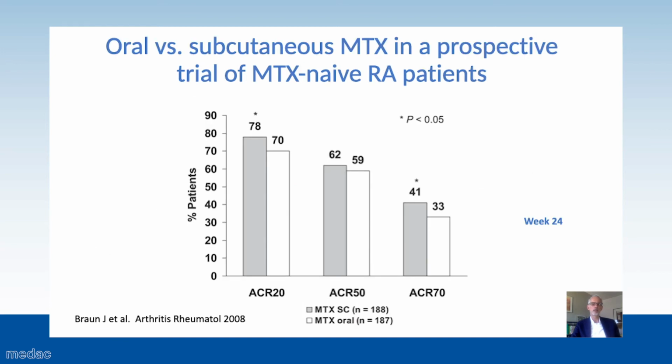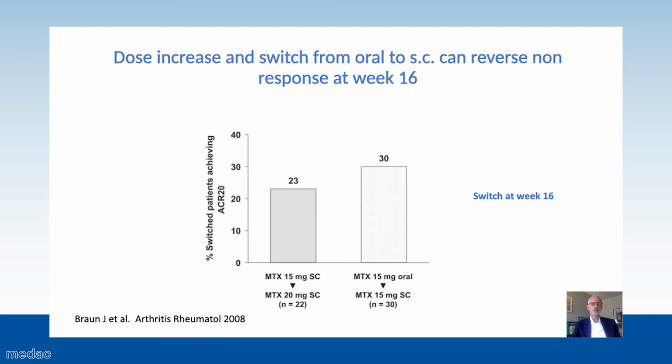And in this clinical trial, the primary outcome was met, with significantly higher ACR20 values in the subcutaneous group, as well as higher values for the ACR70 criteria. So the outcome was met, and in the groups where it was not met, we had